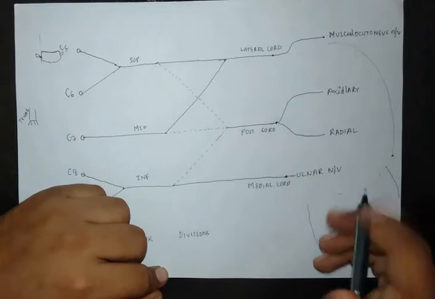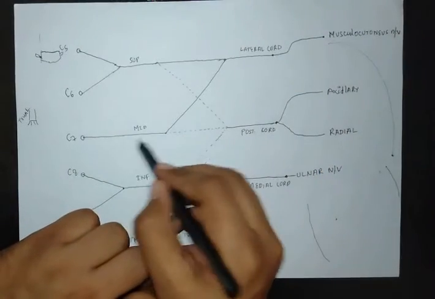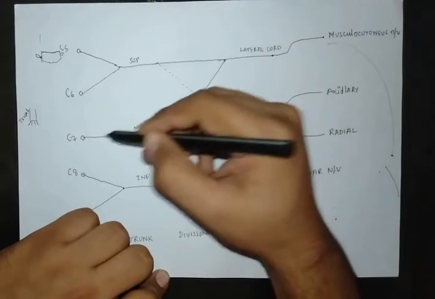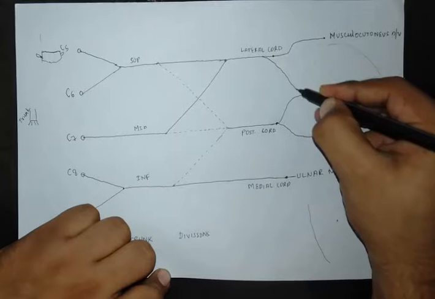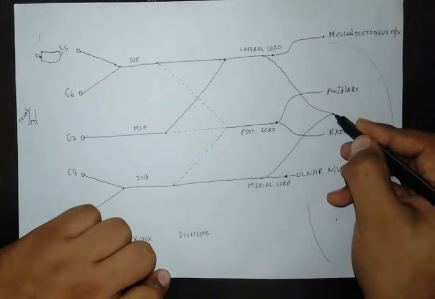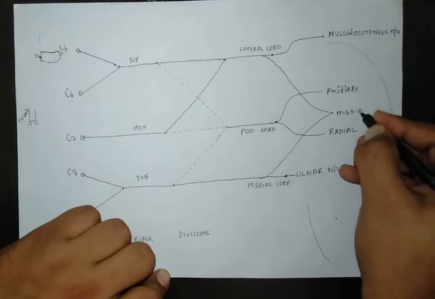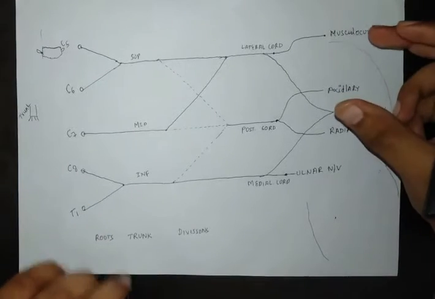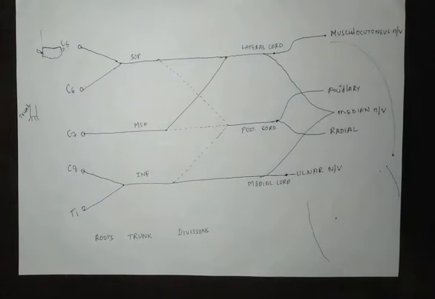Now we are left with one nerve. See, this middle one never took anything from above or below right here, but in the end it takes contribution from both above and below. So the middle one forms a nerve which is the median nerve. So one side of the brachial plexus is over, basically the main nerves.